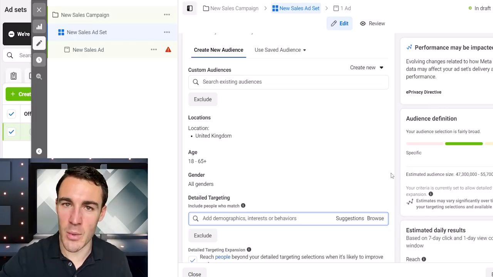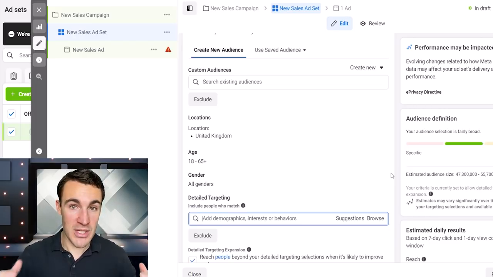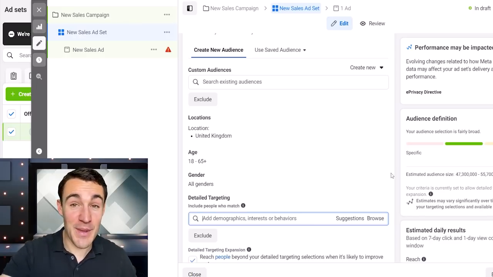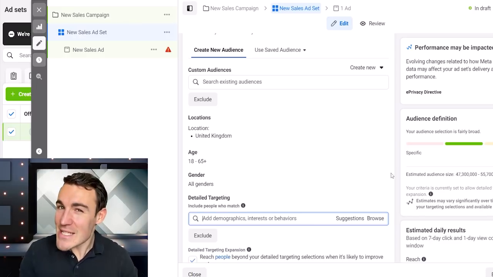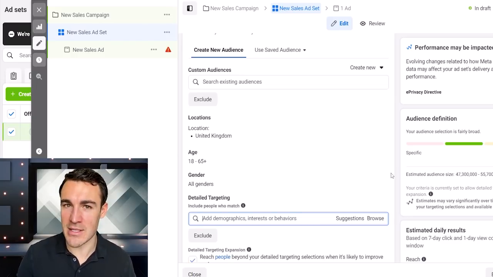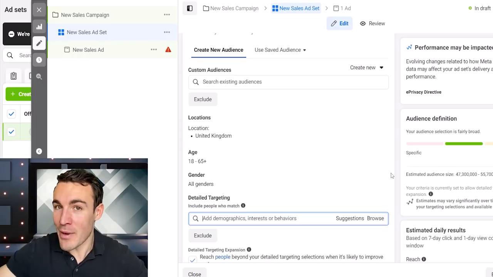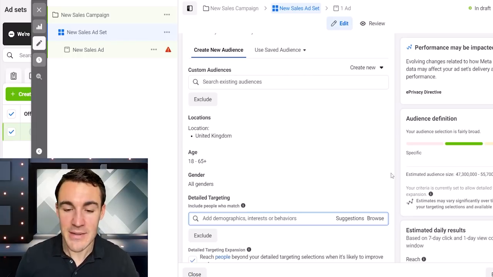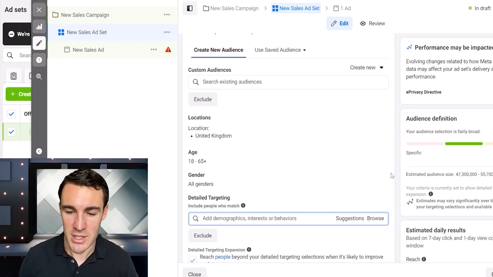And that's the very first thing I want to get across. The people that you want to target, the people that maybe you used to be able to target with detailed targeting options, they're still there. It's just a case of being able to reach them. And that's a really important thing to keep in mind. It's not like those people are gone. You just need to do things a little bit differently. So there's 3 potential solutions I've already mentioned. Let's go through the first.